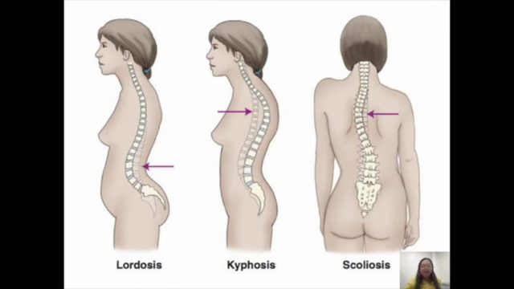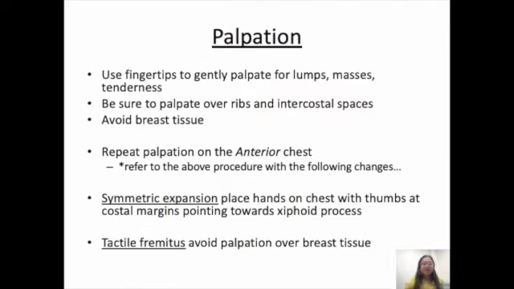We're moving on now to our next technique, which is palpation. And you're going to use your fingertips to gently palpate for lumps, masses, and tenderness. So you've already scanned initially the skin. You've looked for any obvious signs, and now you're using your fingertips to actually feel. You're also going to use the dorsal side of your hand, and you're checking for temperature. And you're going to make sure that the patient doesn't have any diaphoresis or any edema that you can feel